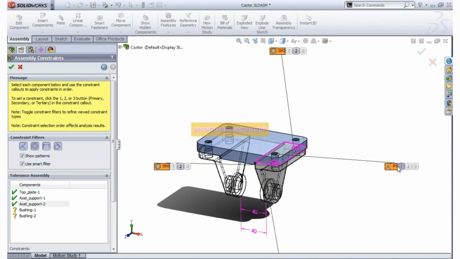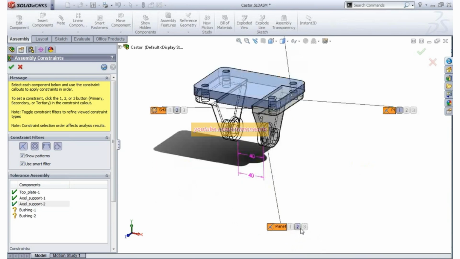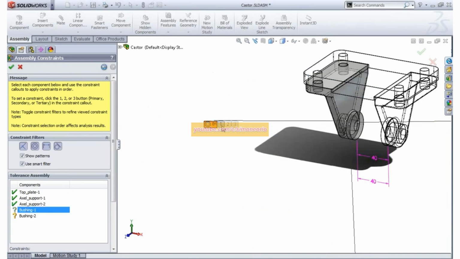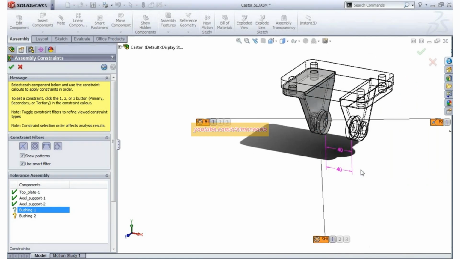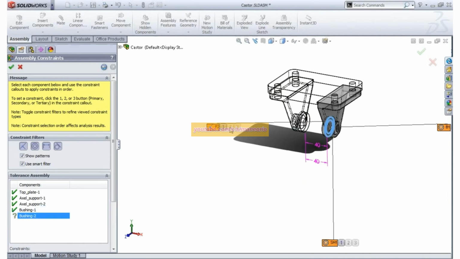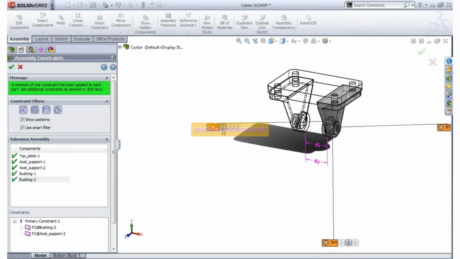I'll pick this one for number 1, this one for number 2, and number 3 is all set. Then I'll do the bushing. You just hover over these and it gives you the tooltip, the highlight on the screen dynamically right there. And these are all set. So you hit the next button in the wizard here at the top,